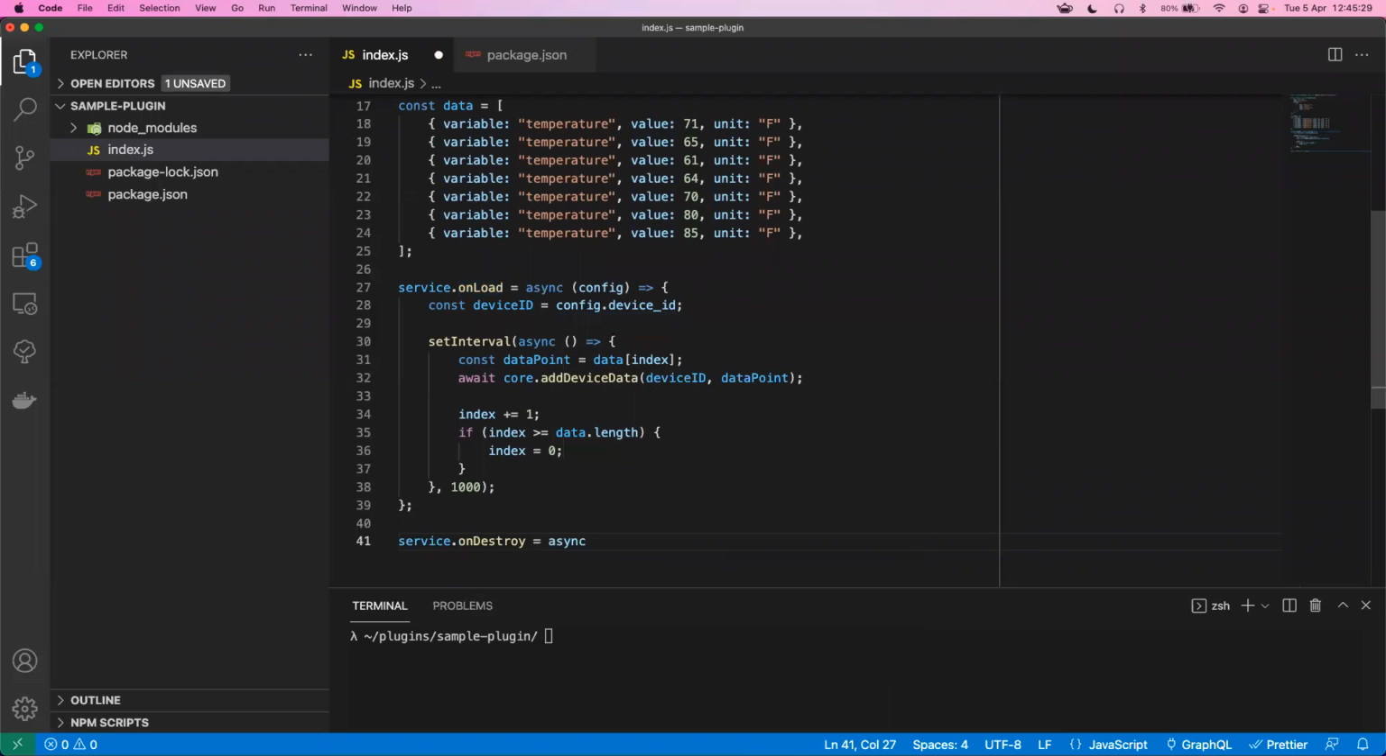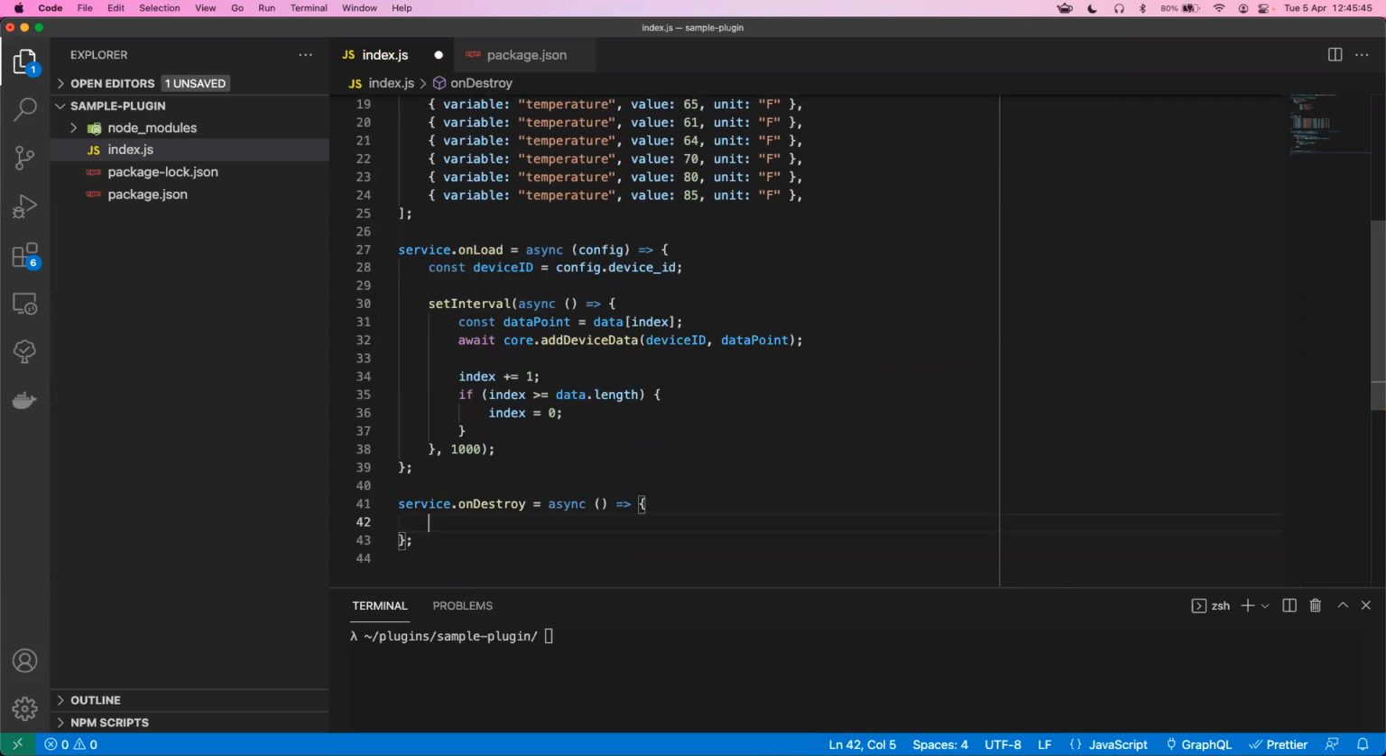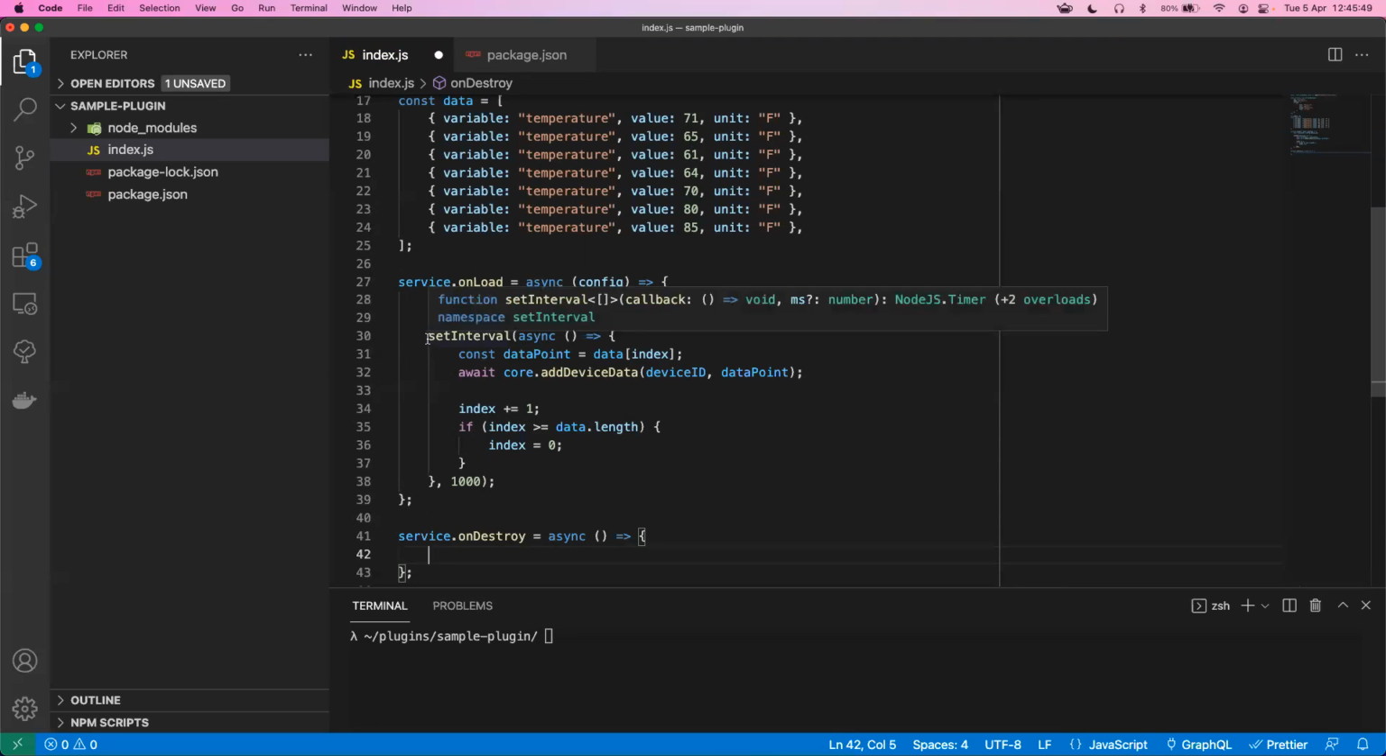So think of these both functions as lifecycle methods that allow you to perform certain actions based on their life cycle. onLoad is when the module gets started, onDestroy is when the module gets destroyed. Both are async methods, which means they must return promises. And in this case, what we need to do is make sure that we are removing this interval, because